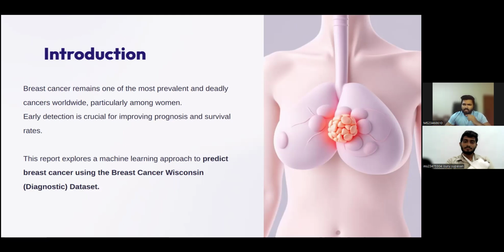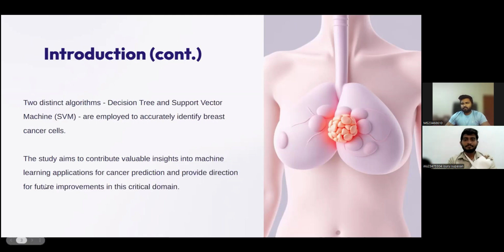The earlier detection of these cancer cells is vital, because proper medication of the patient in the early stage, with proper diagnosis, could save her life. So through this study, what we are going to do is to look at how ML algorithms can be used to predict the cancer cells beforehand, so that the patient can be directed into proper medication treatments. In this study, we have selected two supervised learning algorithms,